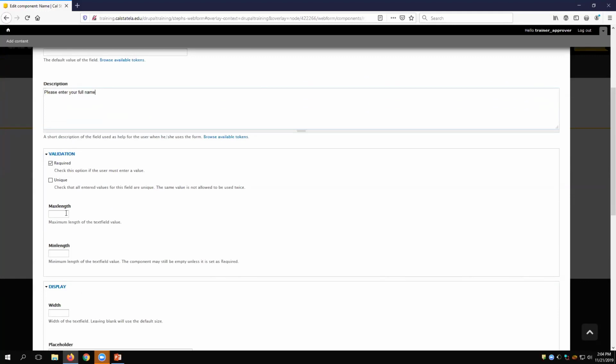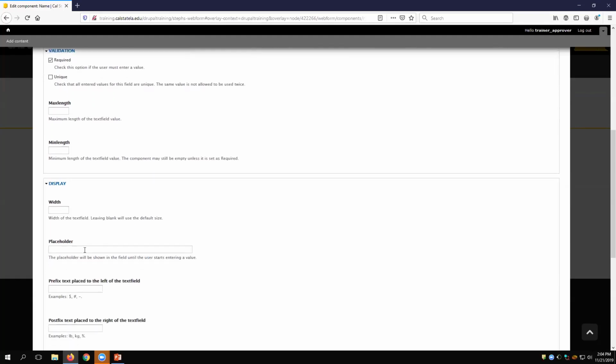You can have a max length, a min length. So this is for stuff like a 6-digit password, you can have the minimum and maximum length both be 6. It doesn't work in this situation, but just so you guys know that it is there. This time, however, we're going to be using the placeholder. The placeholder is kind of like when you log into something and it says password until you start entering in the password itself, the password disappears and whatever you're typing in takes it over.